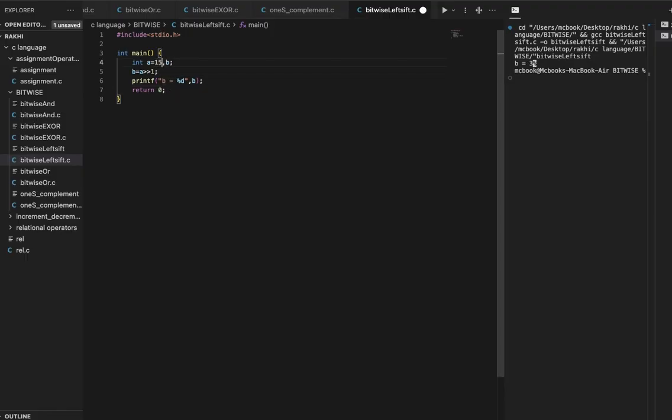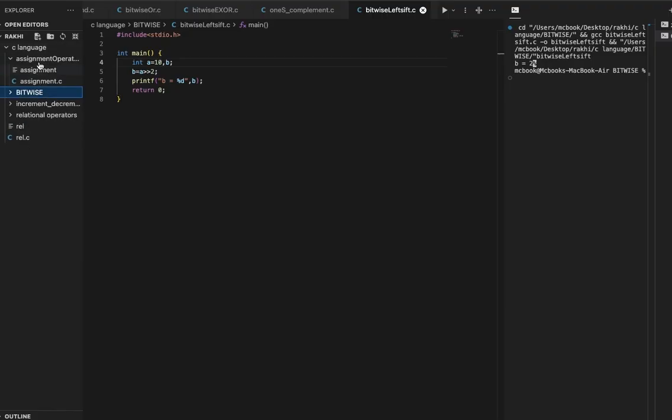Standard input output. We run this program. You can see the answer. How does the answer come? I will tell you in the next program. But you can see what I am doing now in the last program.